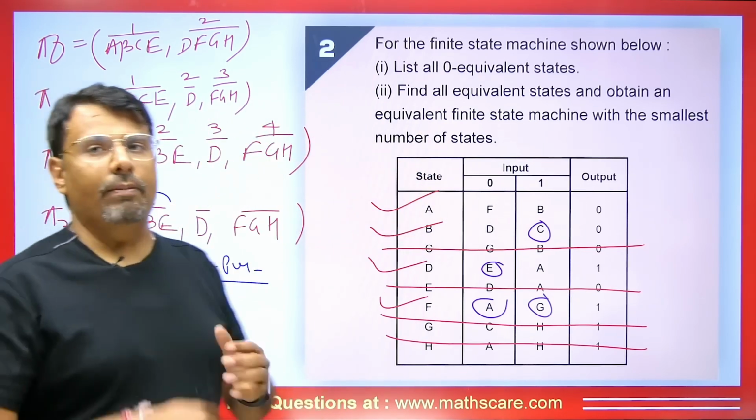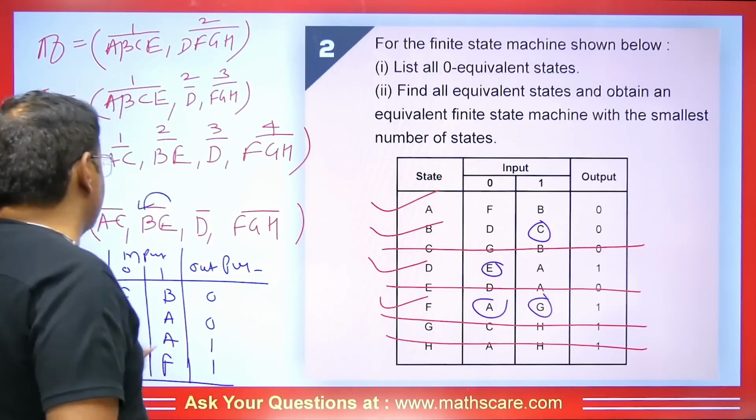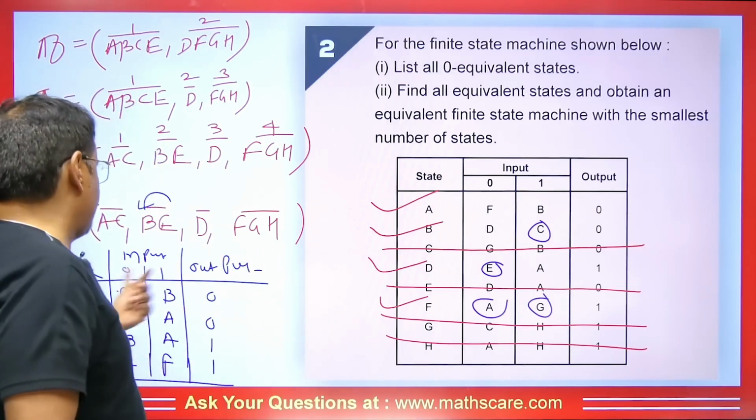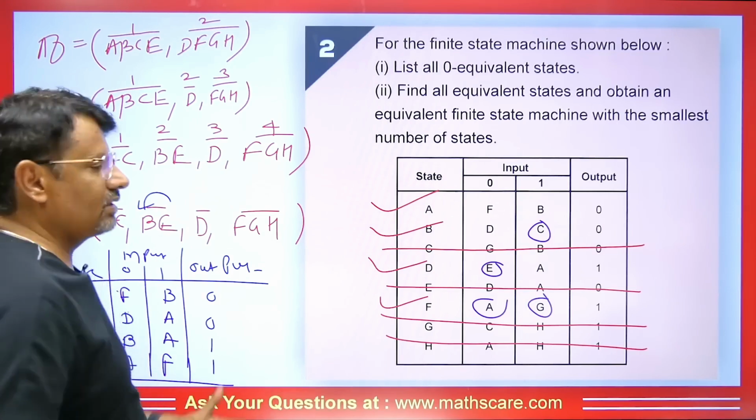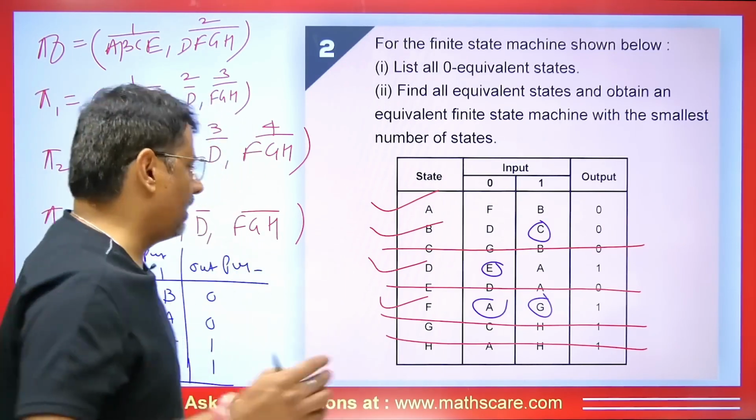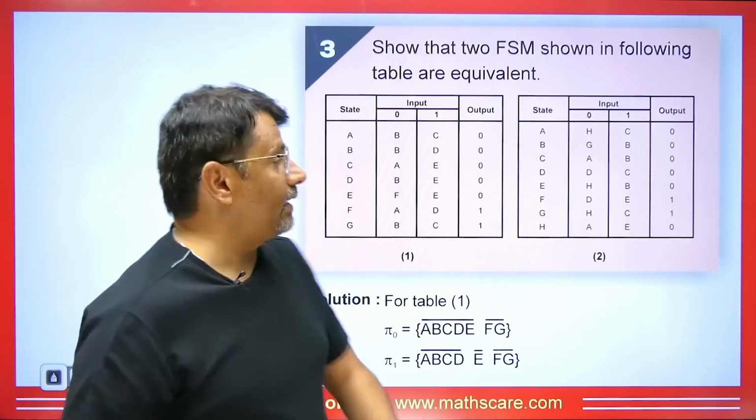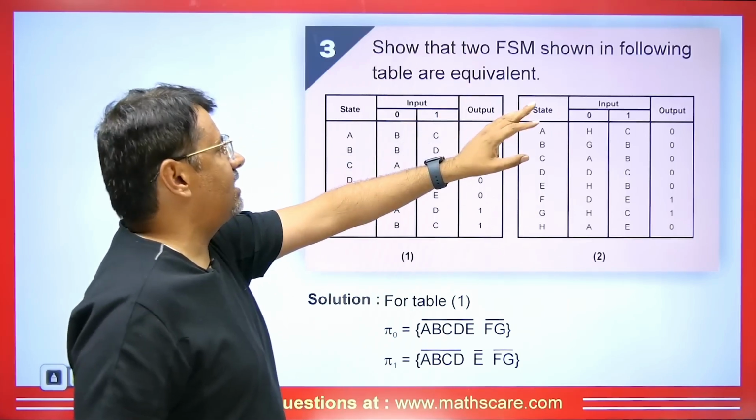Okay. You must be thinking that instead of F, we can write G. Yes, you can write H, or you can write E instead of D. Basically, it depends on you. Now let's move ahead. Next question says, show that the 2 finite state machines shown in the following table are